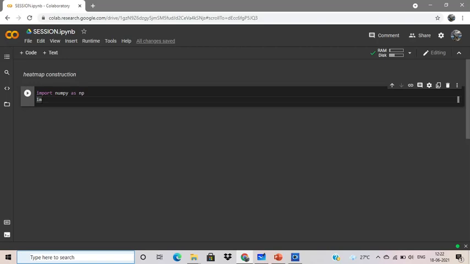If we write NumPy again and again, it will be a loaded work, so using np reduces our time. Let me import other libraries also. Import the matplotlib library.